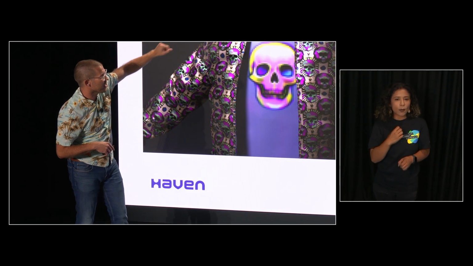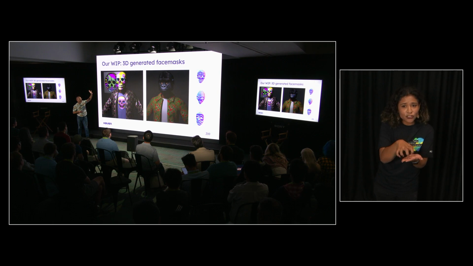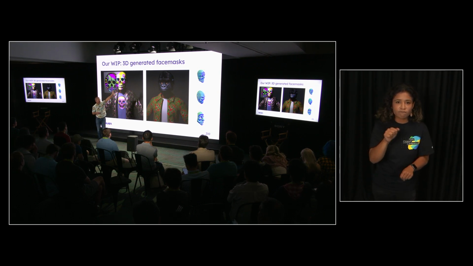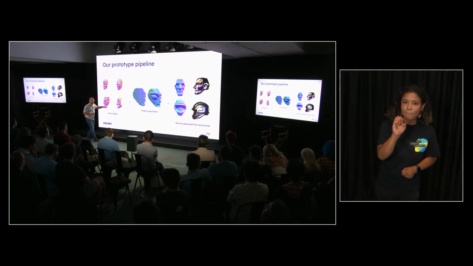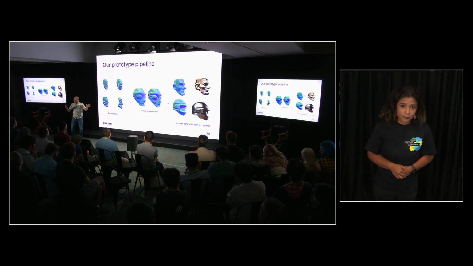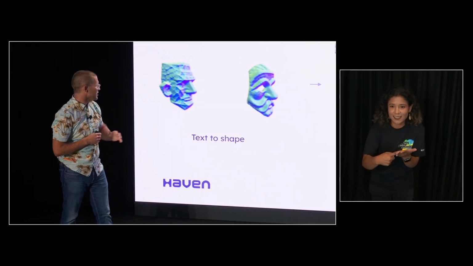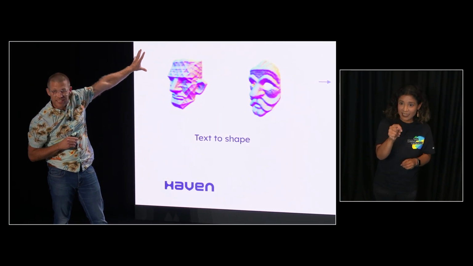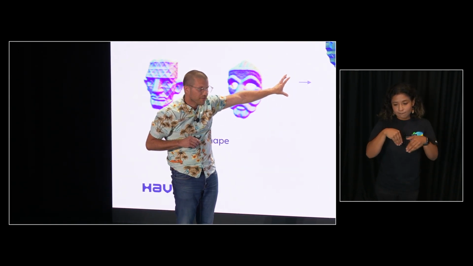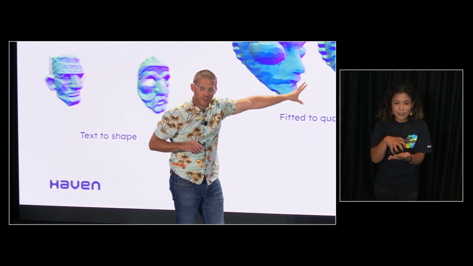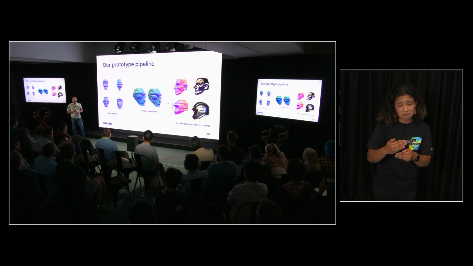We have like the rainbow skull here. And what's being generated here, by the way, is the textures and the 3D mesh of the skull and the 3D mesh of the gorilla. This is some of our other earlier results before they were turned into meshes. These start as neural radiance fields. We're not going to dive into neural radiance fields here, but you can come say hi to us afterwards. There's probably a lot of talks here this week about neural radiance fields, but we use text to get a generated neural radiance field in about 5 to 7 minutes. We quickly fit that into a mesh after the NeRF has been generated, and then we texture it afterwards. So this whole process, it's a work in progress, but this whole process, I think, takes about 10 to 15 minutes on an A100.